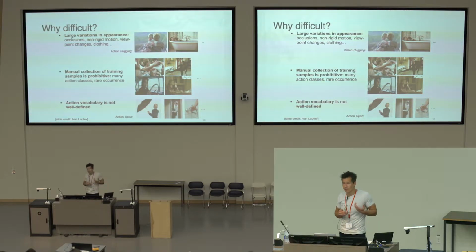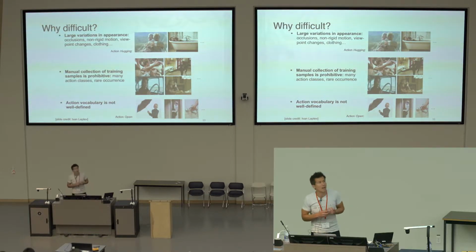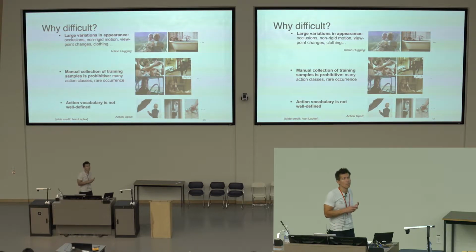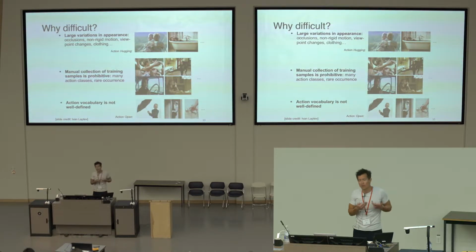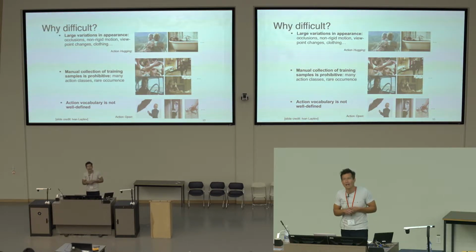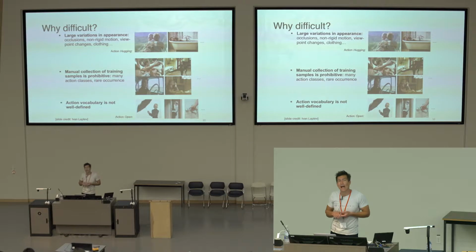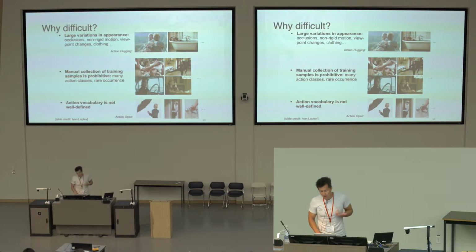And then the final thing, again in common with many things in visual recognition, is that the vocabulary is not well defined. All three of the examples at the bottom are from a category known as open in a dataset. You can open an umbrella, you can open a door, you can open or turn on a tap. Each of those is very different in terms of what it looks like visually, and yet they still have the same vocabulary tag in many of the datasets or many of the ways that we have for acquiring labels. So these challenges make video particularly difficult to deal with, especially labeling lots of data and understanding the right vocabulary to use.